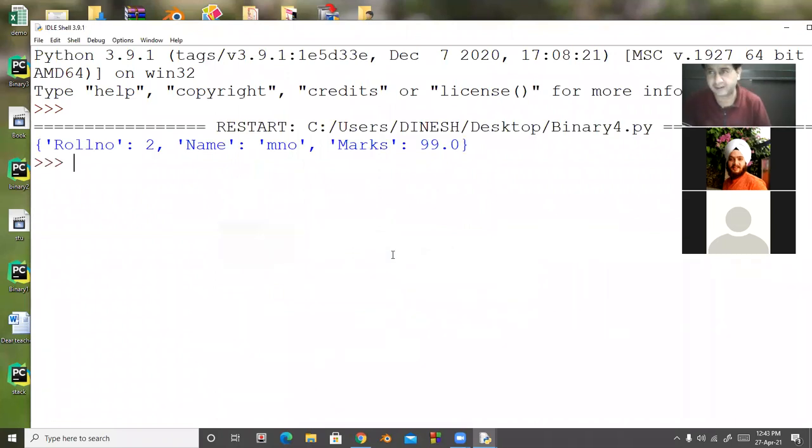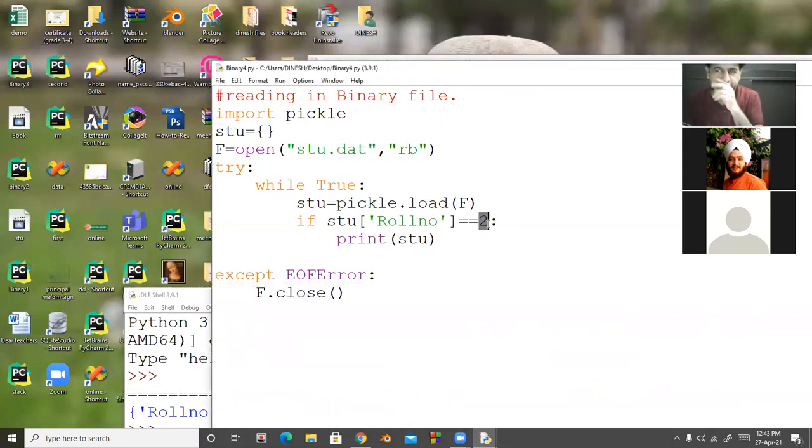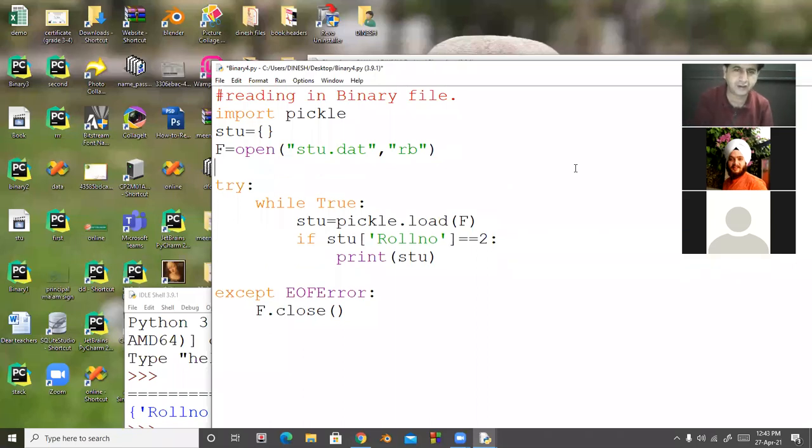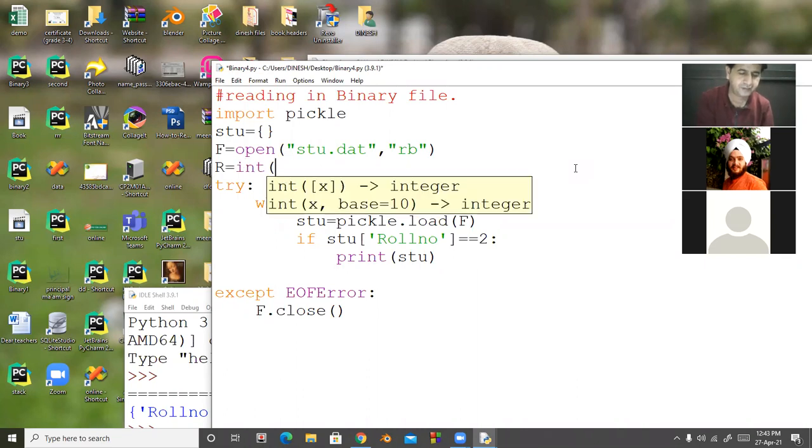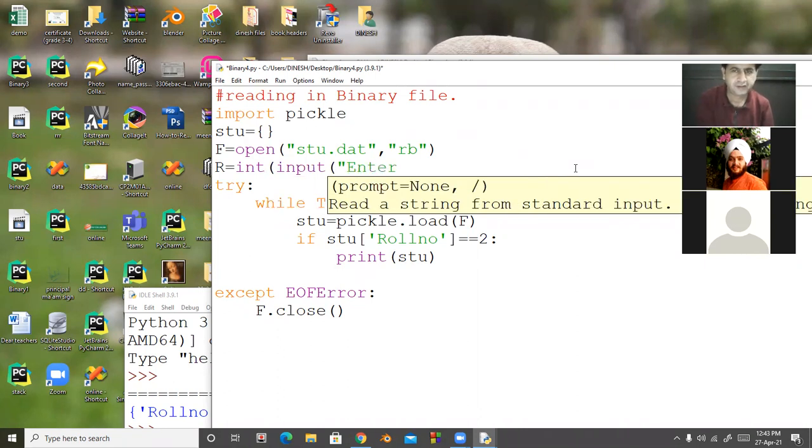This is called searching. So in place of giving here the static value, I can get the input from the user. Look at here. I take one variable r, int, input, enter the roll number to be displayed.